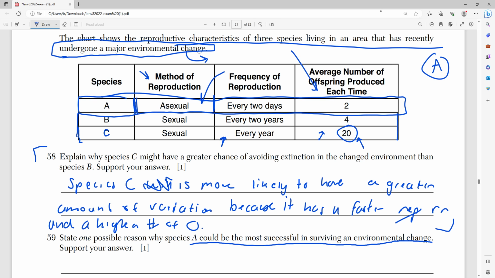trait in it. And in 2 days they produce another 2, and in these 2 days, these 2 cells produce another 2. In just 6 days, you essentially have 1, 2, 3, 4, 5, 6, 7. You have 7 new species, or not species, but organisms that have now adapted to better survive in this environment. So what I'm trying to get at is